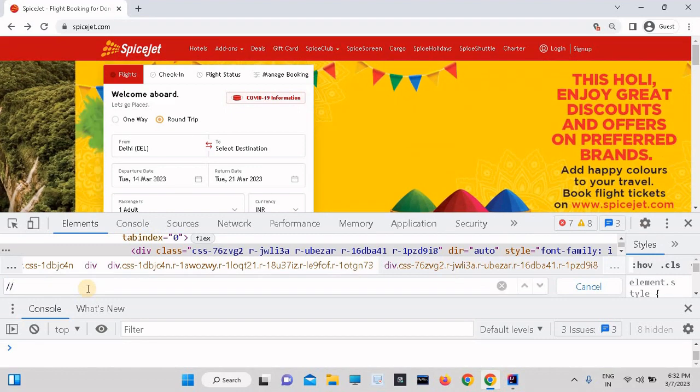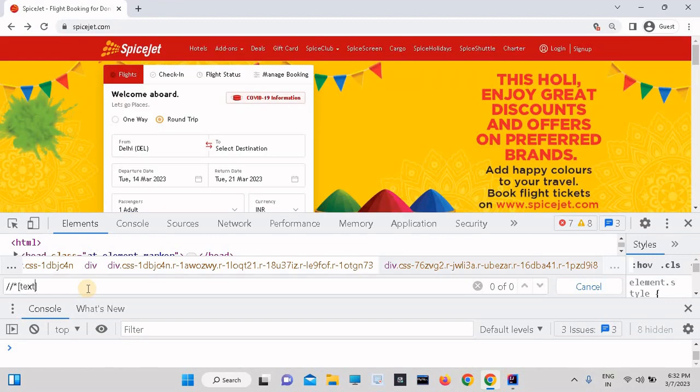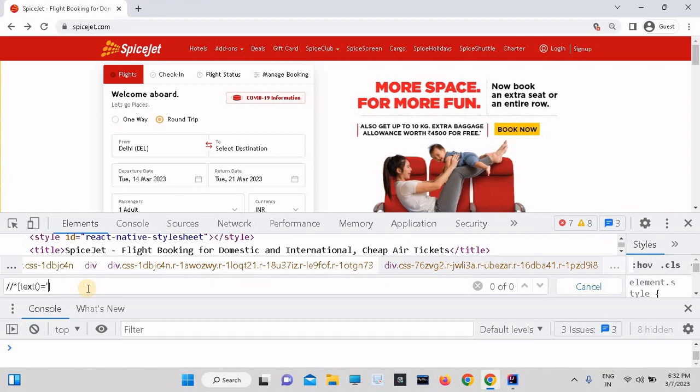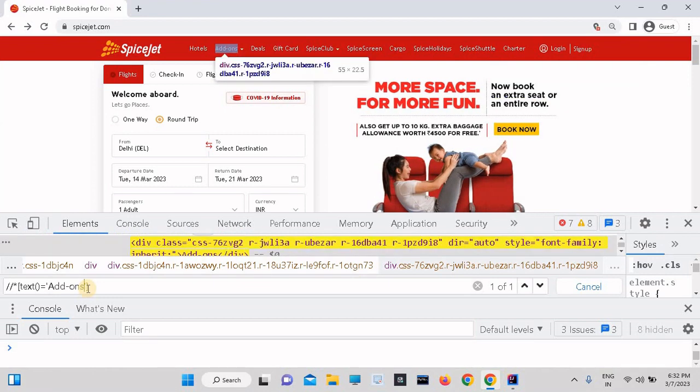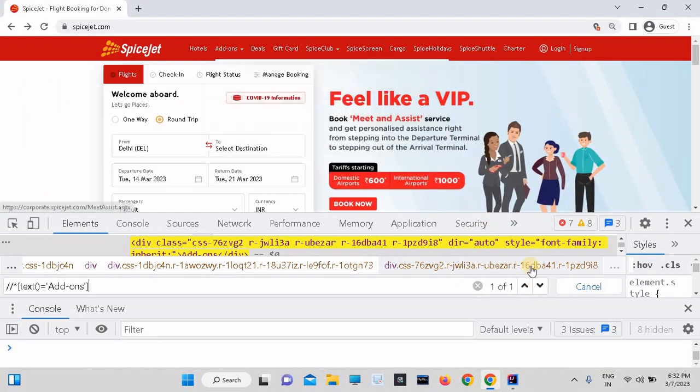double forward slash star, in brackets, the text method equals, in single inverted commas, Add-ons. So it has found it, see here, this is highlighted. Simply copy this one,